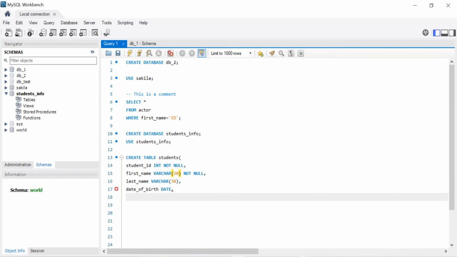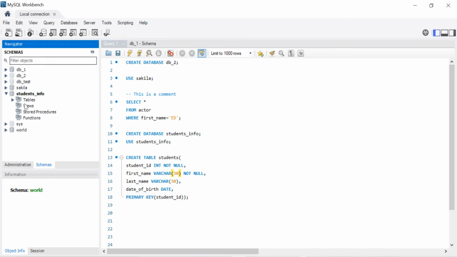So to create our primary key, we write primary key, and we select student ID. So if we create our table, we execute the statement, and if we refresh,